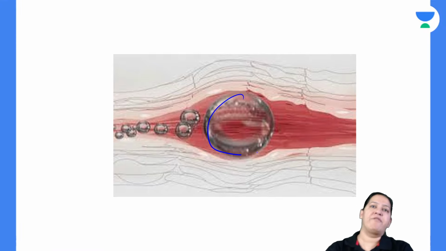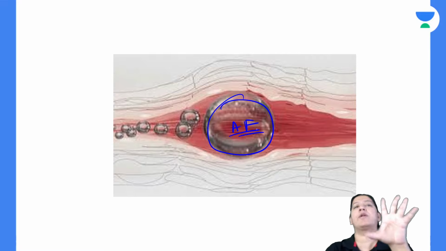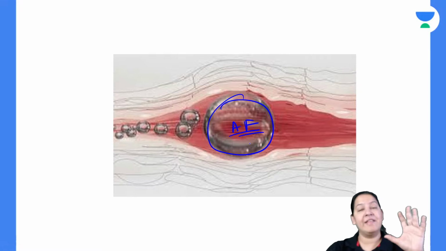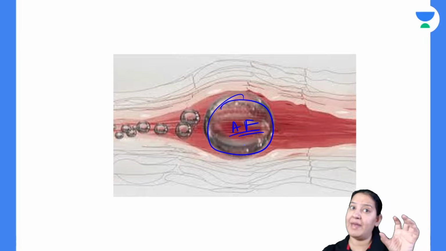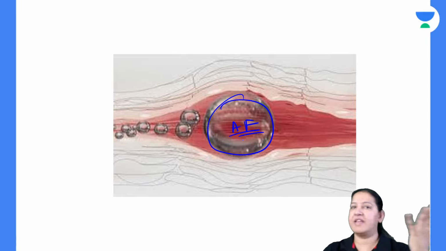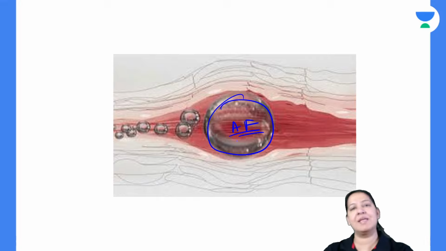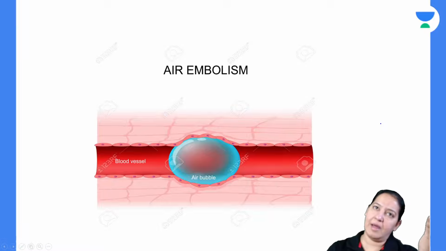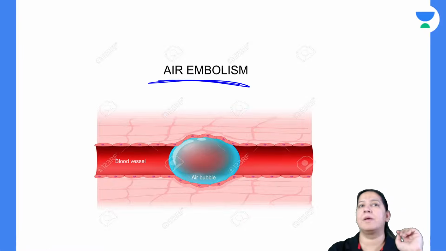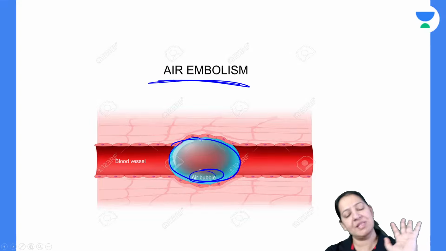Let me come to liquid embolism. This is amniotic fluid. Sometimes the liquid amniotic fluid will form a mass, and it is amniotic fluid embolism. It occurs at the time of labor pain in the mother, in the maternal placenta, right? So amniotic fluid is liquid. That's why it is an example of liquid embolism. And in gas embolism, it can be air embolism. The bubble of air is present in the blood vessel. So it is the gas embolism.